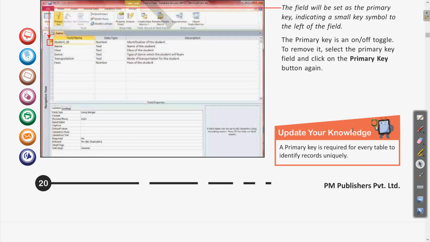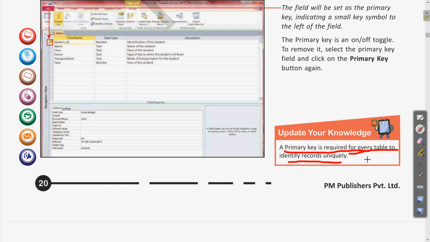Now let us see the update your knowledge box also. A primary key is a key required for every table to identify records uniquely. This we have already seen, that the primary key is required because it will help to identify the records uniquely. Clear?